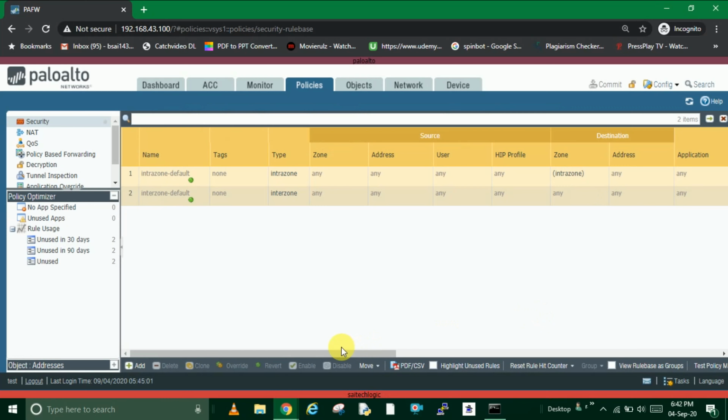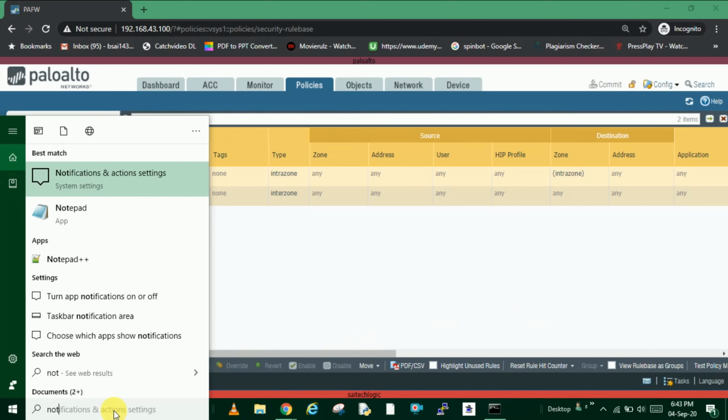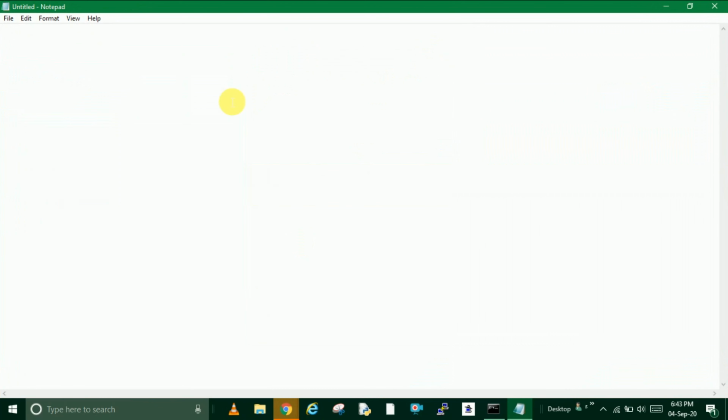So here one other important point is, you can configure these security profiles for the policy which is allowed.